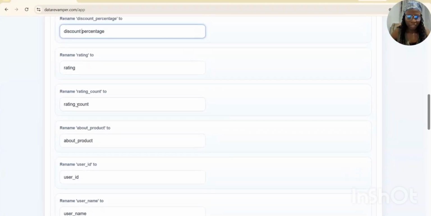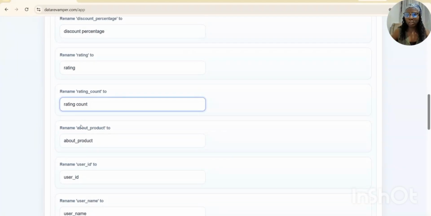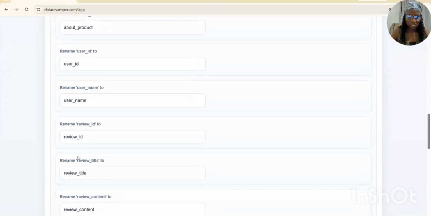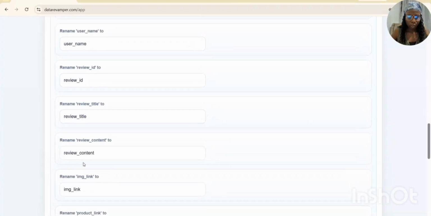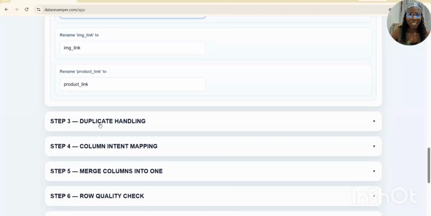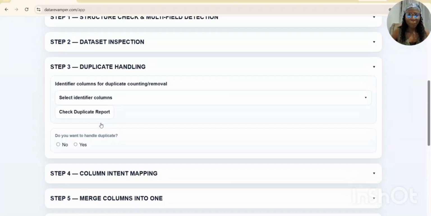Then for those columns I want to delete, there will be no need renaming them. Okay, like about product, I'm deleting this, I'm deleting this, I'm deleting this. But for review content, I'm not going to delete review content, so I'm going to rename it. Okay, so we're done renaming our columns. Then for step three,